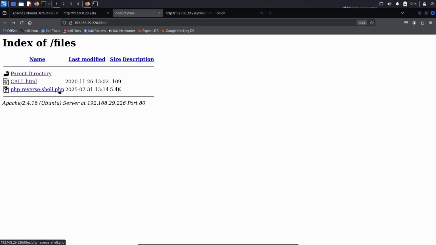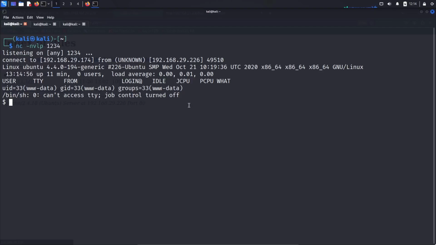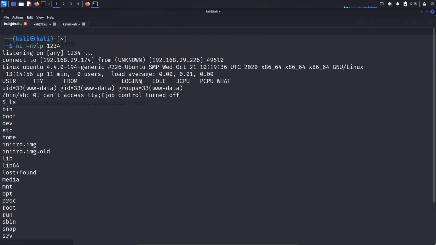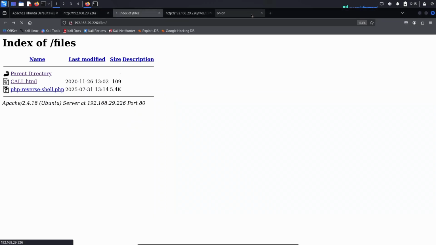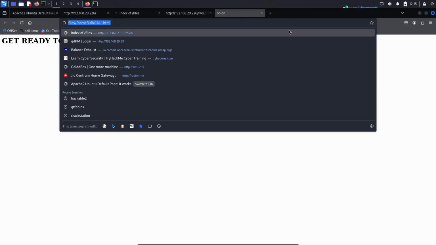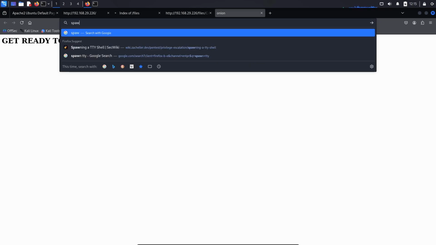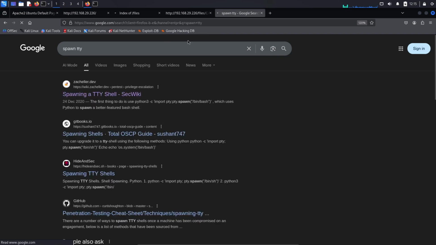Now I'm going to click and execute this, and here it is, we got a connection. When I enter ls, I was able to see the files on this Ubuntu machine. It says it can't access TTY, job control was turned off. You can eliminate that by searching for spawn TTY on the web in the Firefox browser, and you will get a website called